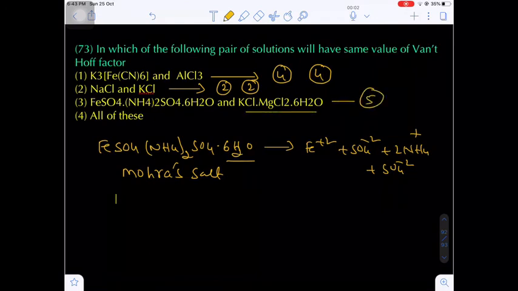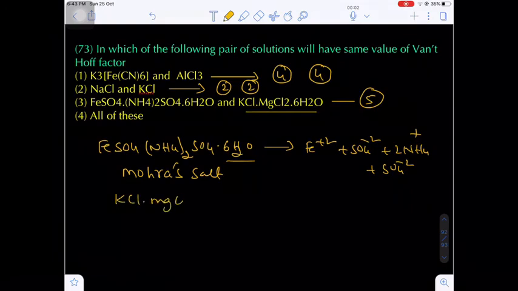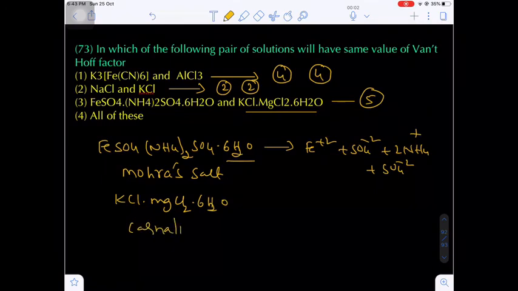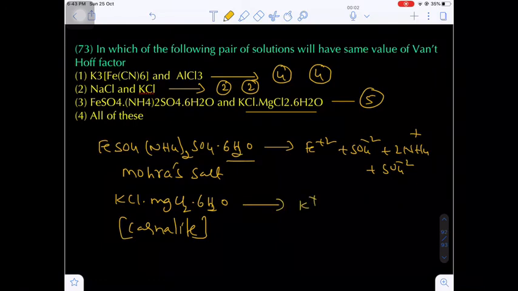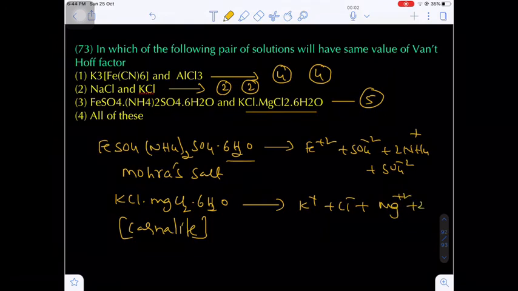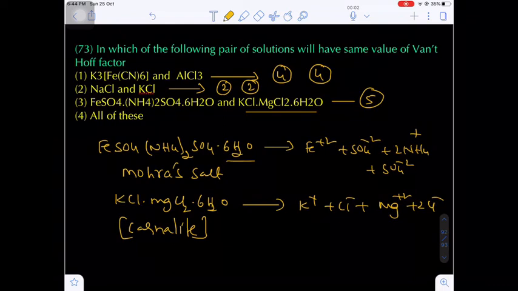And one more compound is there, KCl·MgCl2·6H2O. This is called carnallite. What is this? Carnallite. How does it dissociate? K+, Cl-, and MgCl2 dissociates as Mg2+ and 2Cl-. Here also how many particles are produced in total? 1 plus 1 plus 1, 3 plus 2, 5. So here also 5 particles are produced. That means in each option the 2 compounds will have the same iota, Van 't Hoff factor. That's why the final answer will be all of these. Final answer is